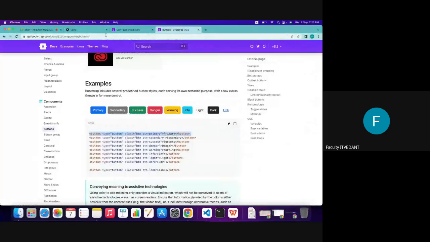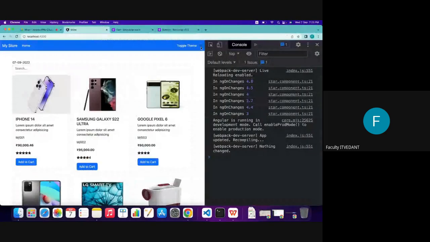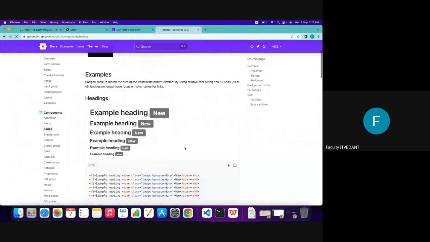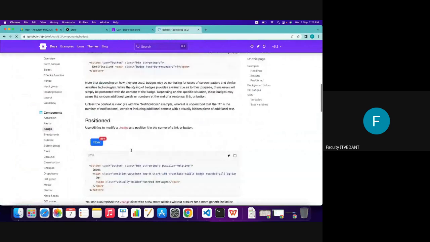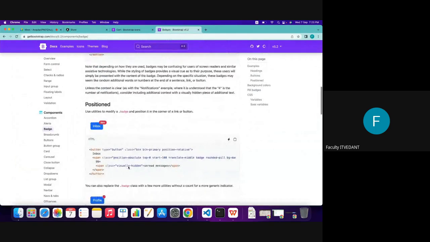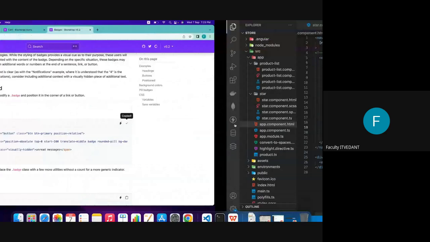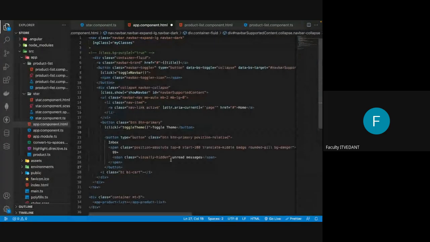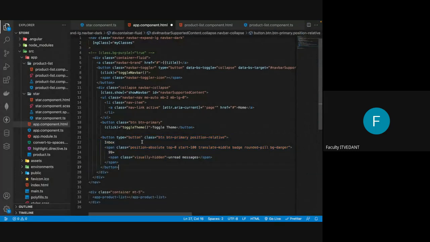Let's say we have this icon. I want to show the number beside it, so I'll need a badge here. Let's use a badge. Here in the badge, you will find this type of button I can use. So I'll copy this, paste it here, and I'll just cut it from here. Instead of inbox, I'll say